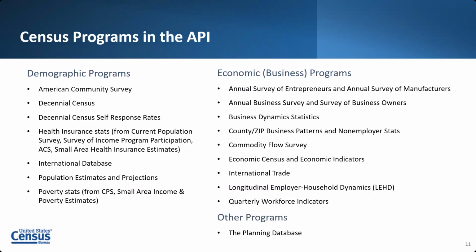And as I mentioned earlier, currently the Census Data API has over 1,300 datasets available for public use. While that may sound like a very large number, keep in mind that among these datasets, we're able to access a wide variety of data, including the American Community Survey, Decennial Census, the Economic Census, and migration flows, just to name a few. And also keep in mind that each and every year that's available for each one of these surveys and programs also counts as its own separate dataset.